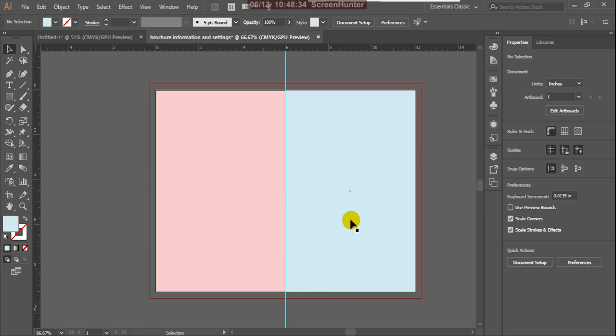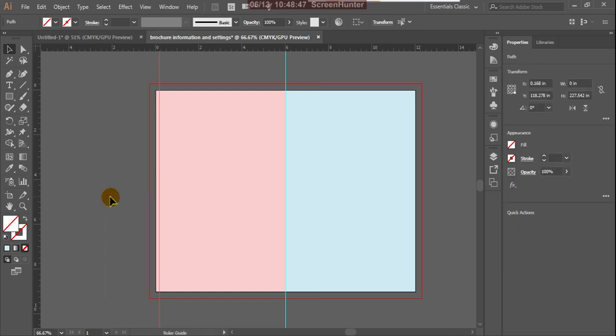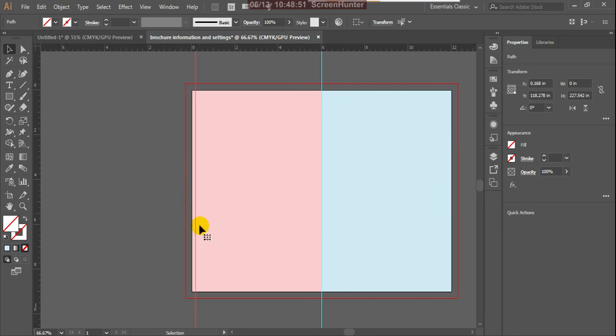Next what we do, we maintain the safe area. Safe area means your design should not cross the safe area. You can move these rulers and maintain this on all the sides.